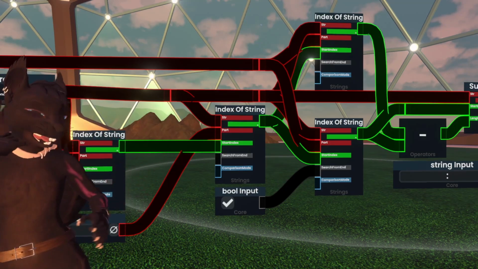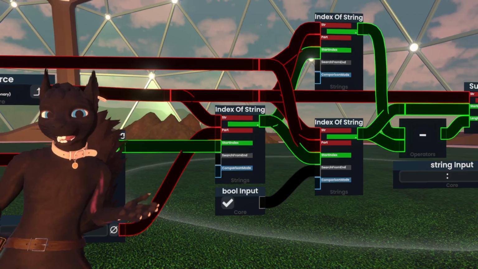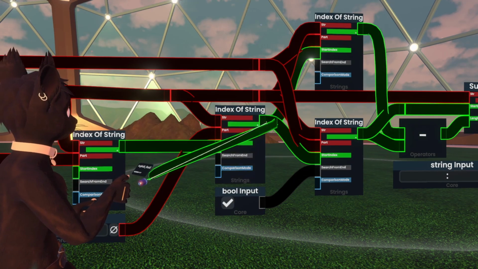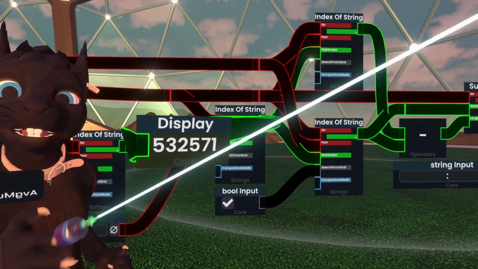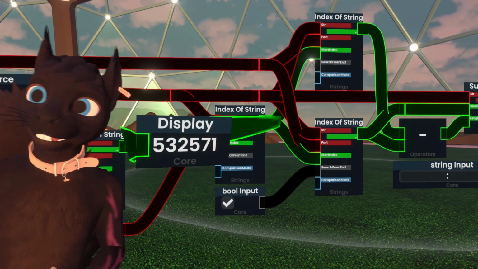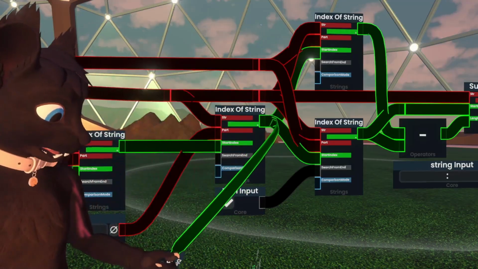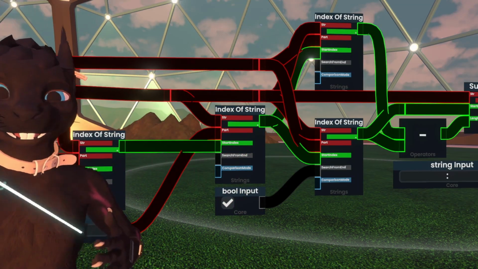And if I pull this out, that's going to say like 5,923 or whatever. It's way higher than that, actually. Let's just do it real quick. There we go, actually. See? That is the 532,571st. Computers are pretty fast at dealing with strings, though, so it does not care about looking up what that